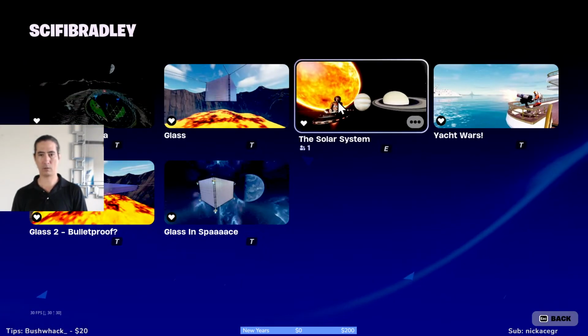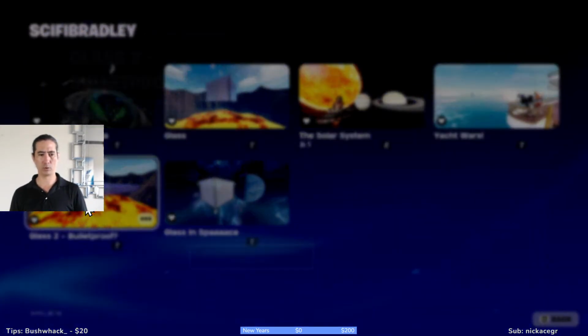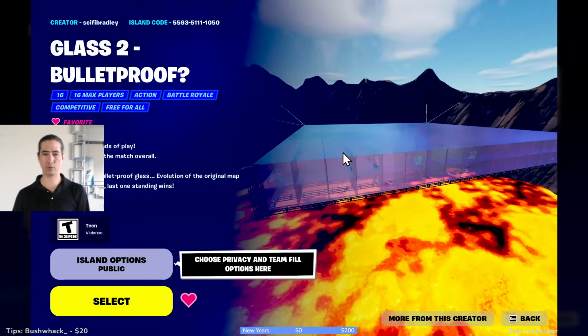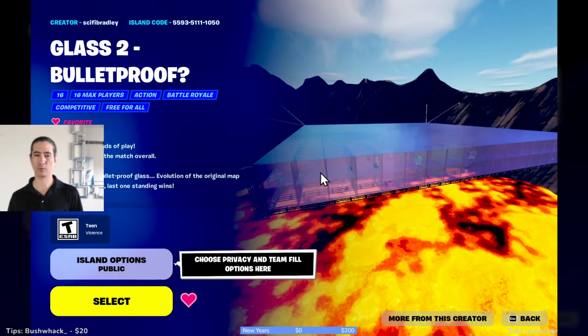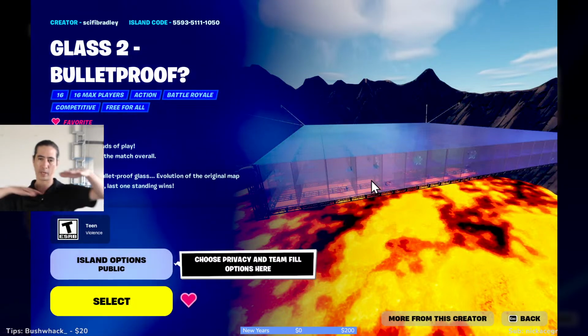Alright, back out there. Map number 2 was Glass Tube Bulletproof, so we introduced random bulletproof glass panels, and then we changed the layout a bit. By we, I mean me. I'm all by myself. I'm just my own studio creator, right? So it's only 2 levels now, but it's a lot wider and longer.